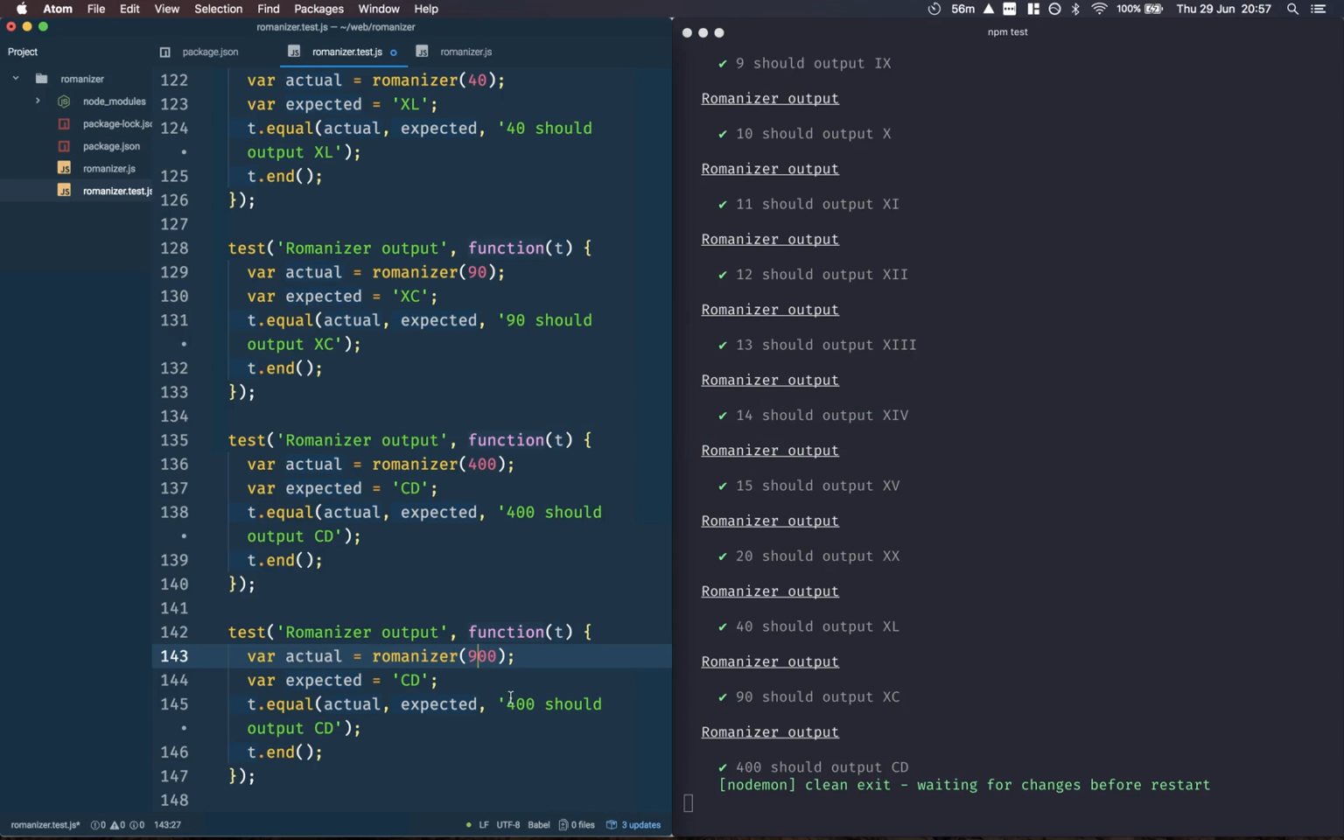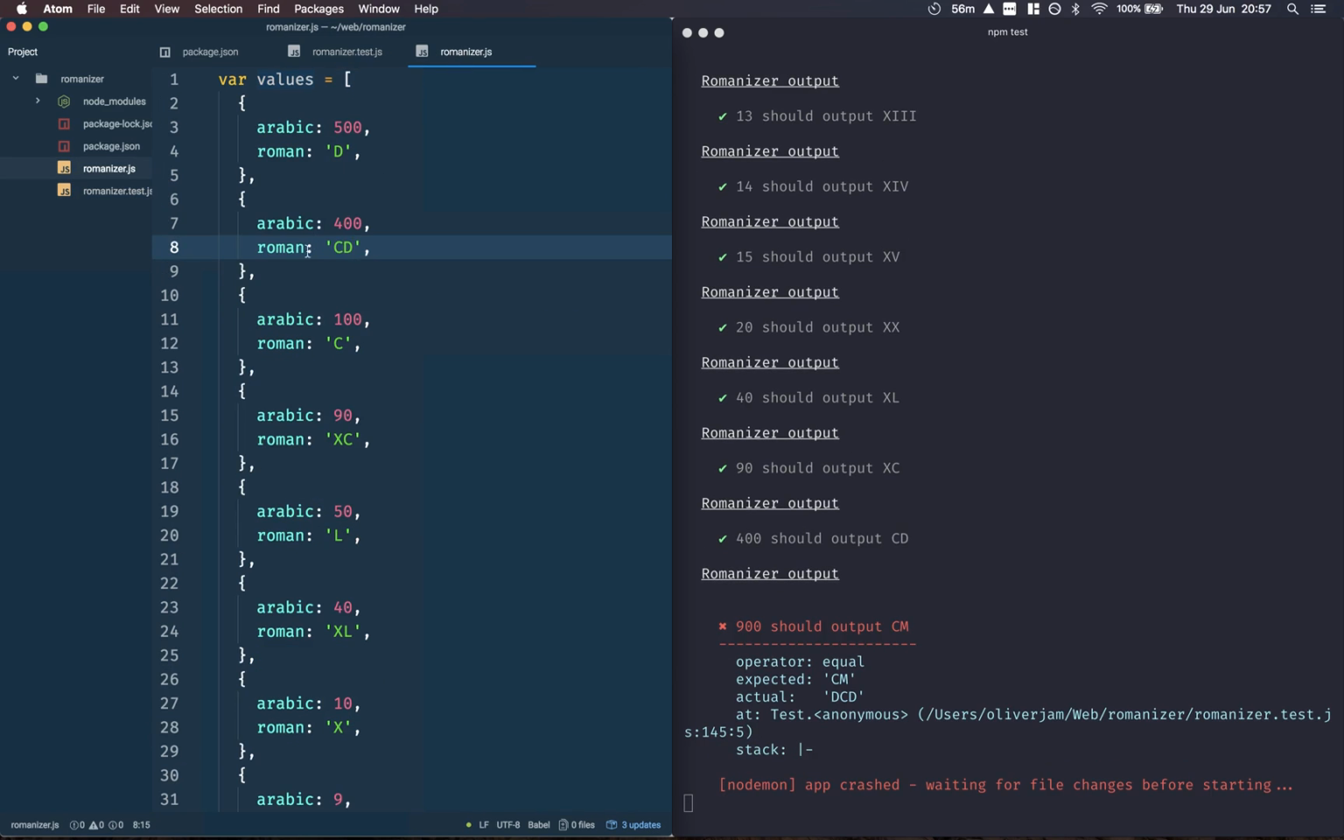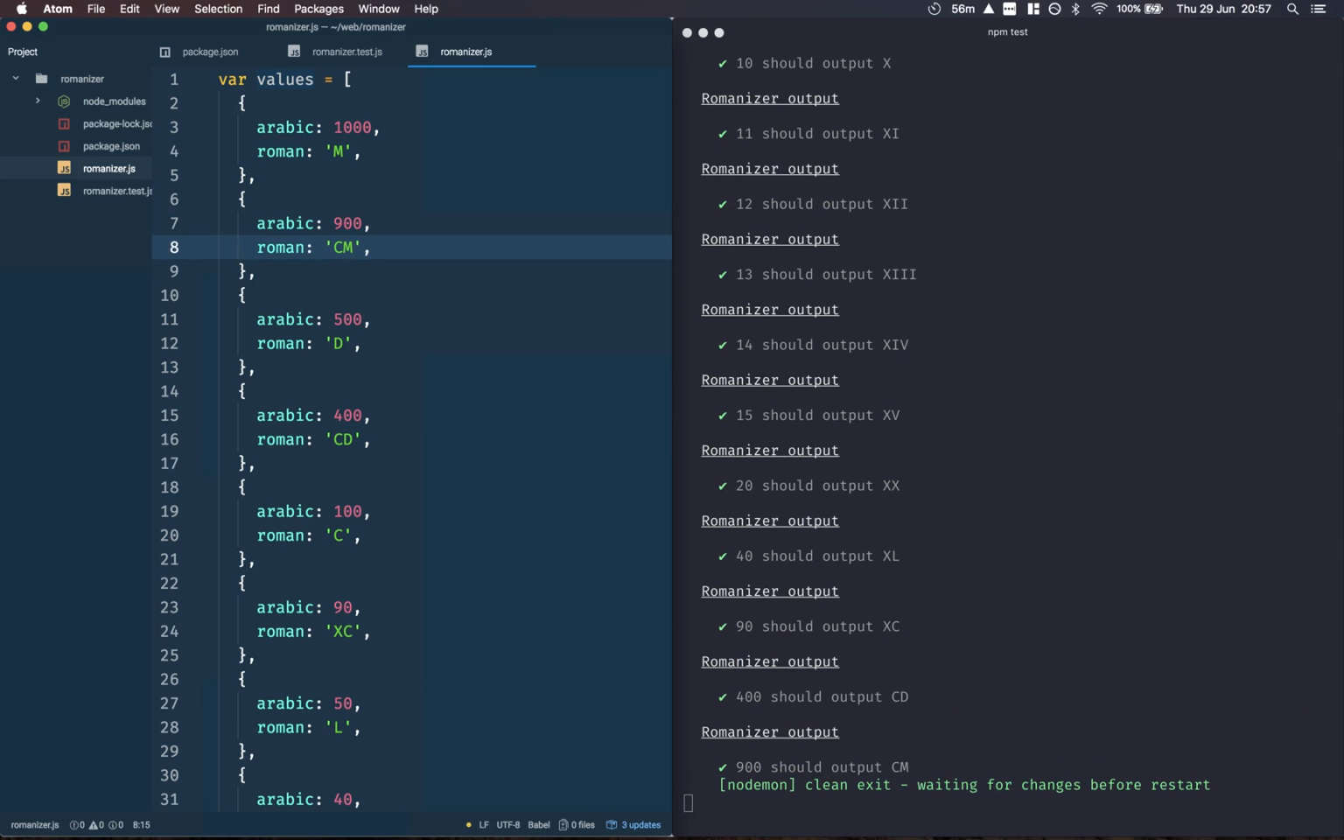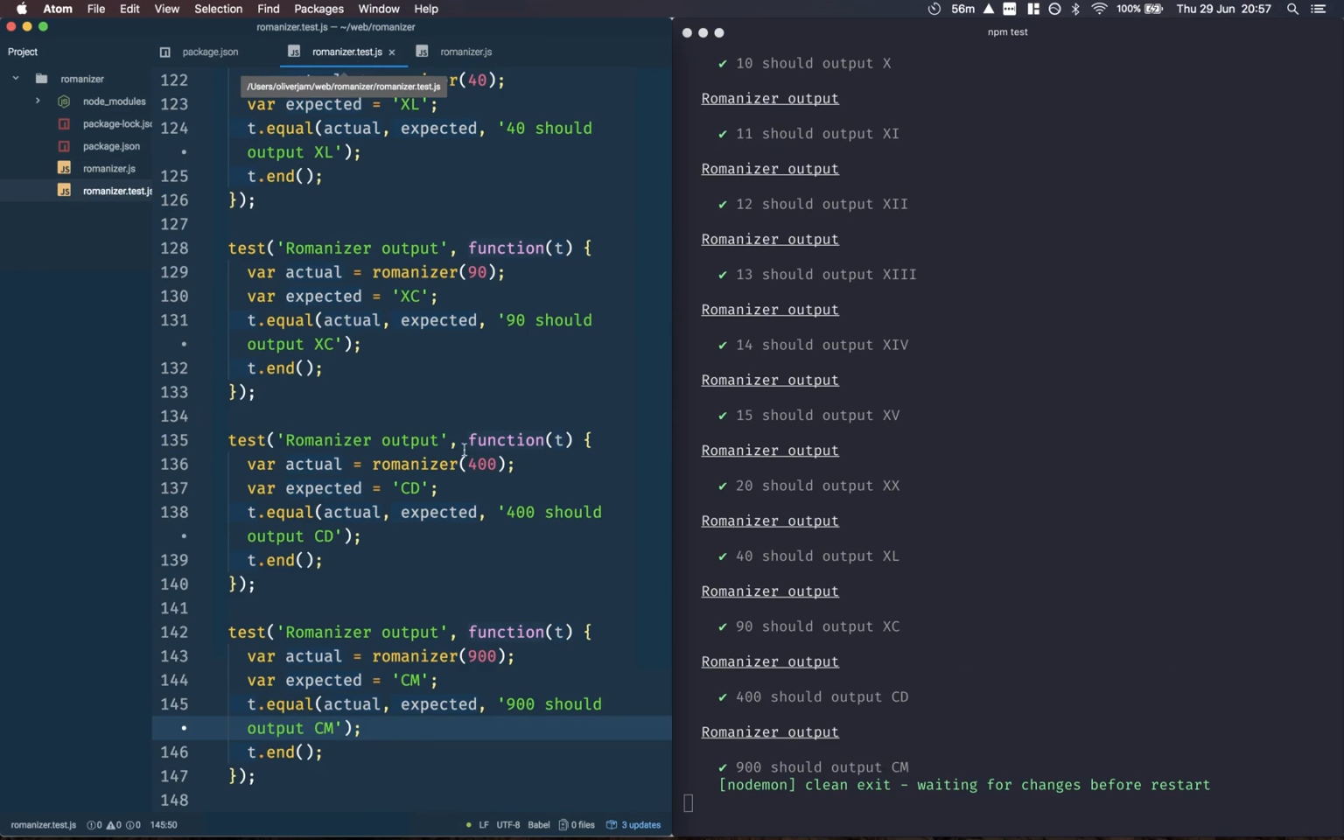So 900 is going to be CM. The match test should fail because we haven't added them to the array yet. So we will duplicate that, and we will say 1000 is M, and that should be CM. Okay, there we go. And then I think the final one we're going to have to do is 4000 and